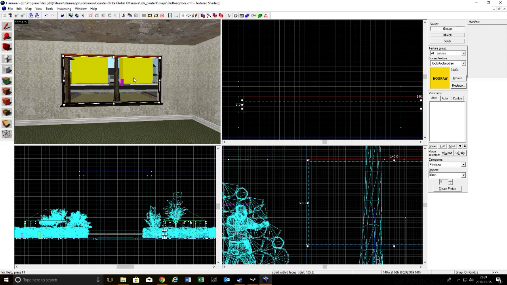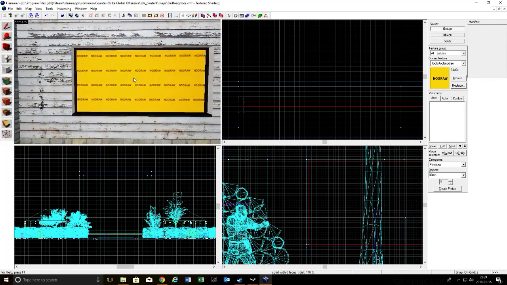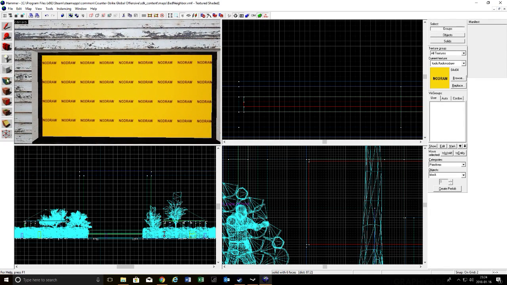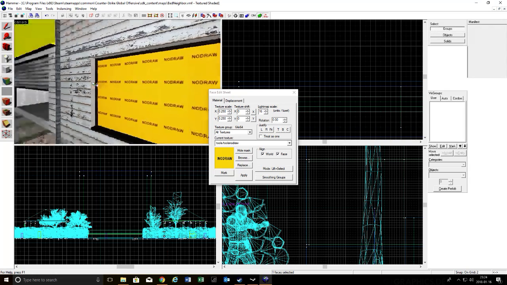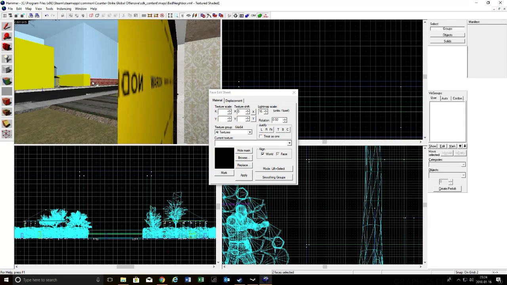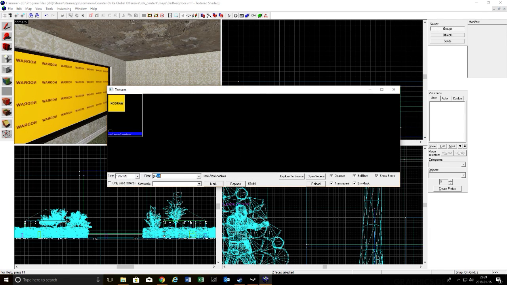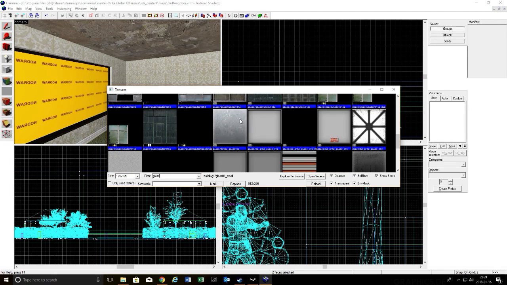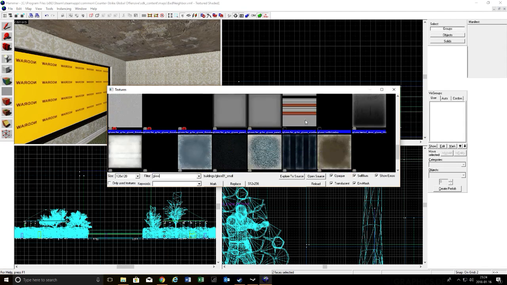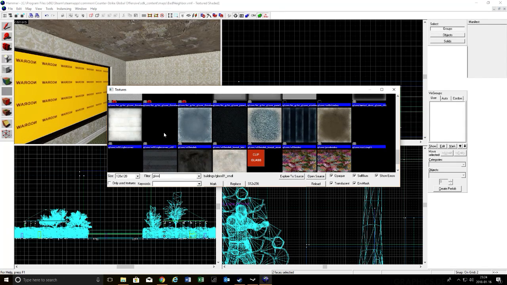Just like so. And then I can give it the no draw. As a matter of fact, if I keep it like that, it can be a little thick. I believe on both sides. What the? There we go. And then glass. There we go. Then we can go ahead and select what type of glass we're going to use. And if I remember correctly,